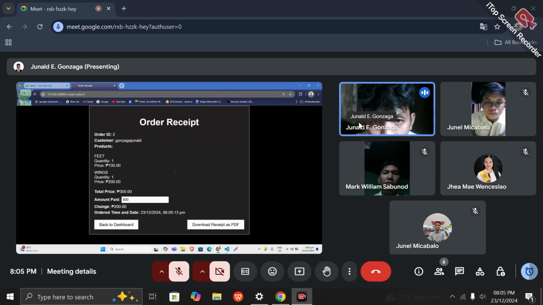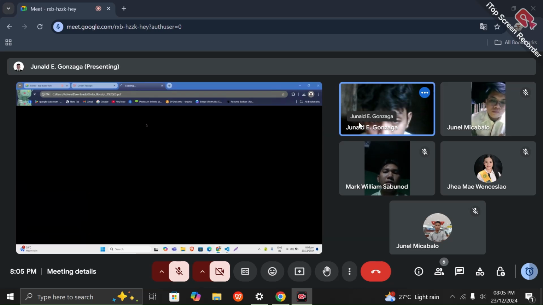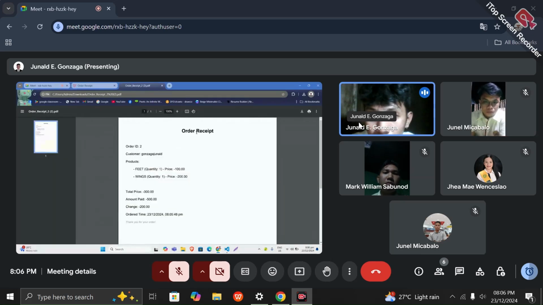You can also download the receipt as a PDF. What we input in create order also reflects in our order receipt.